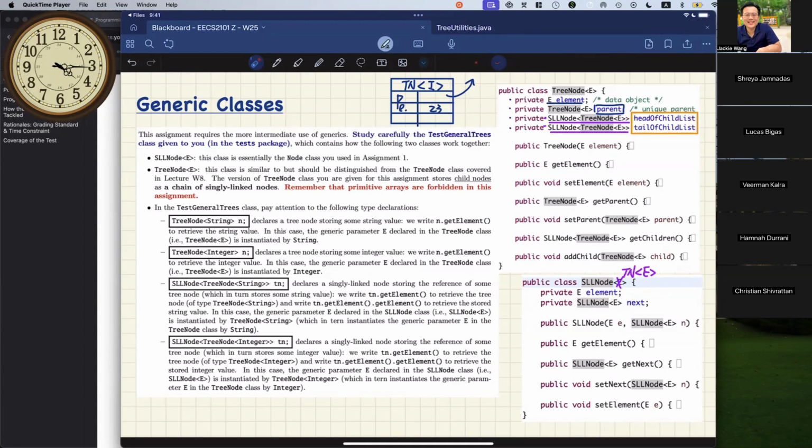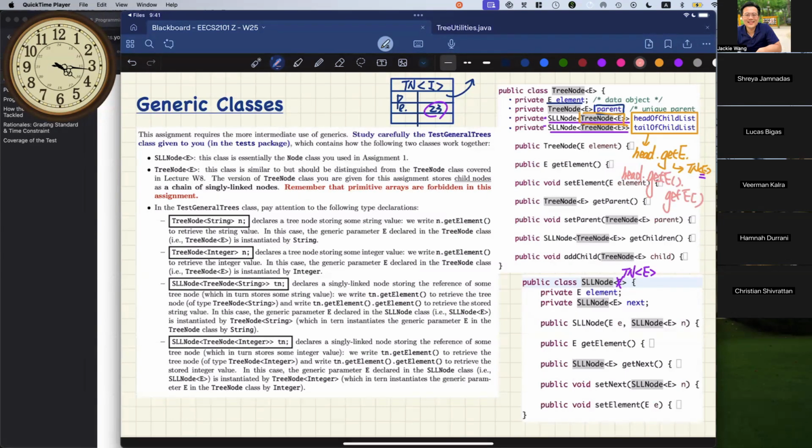So if I say head dot get element, that is going to give you a tree node of E. But if you want to extract the integer that's inside, you have to go one more level. You have to say head dot get element, which will be a tree node, and then dot get element. It's just natural because of the structure.